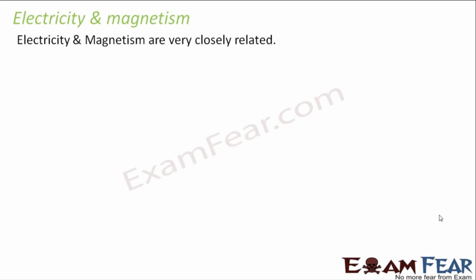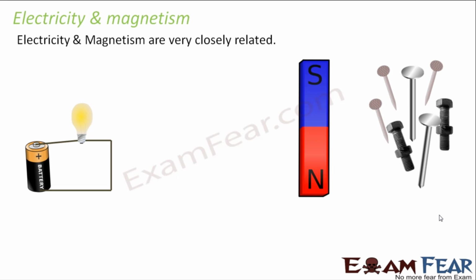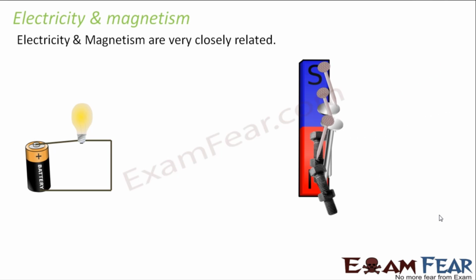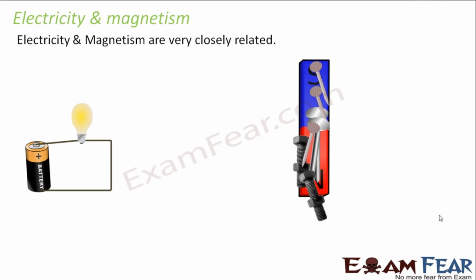Before this Oersted experiment was performed, electricity and magnetism both were studied as two different subjects, there was no relation between the two. In electricity, we talked about electric current, electric charges and all those stuff. That means whenever we spoke about electricity, we spoke about current flowing through a wire. We talked about electric circuits, resistances and all those stuff. Whenever we talked about magnetism, we talked about the properties of magnets, that materials get attracted towards the magnet when they are placed in a magnetic field, and again all such kind of stuff.